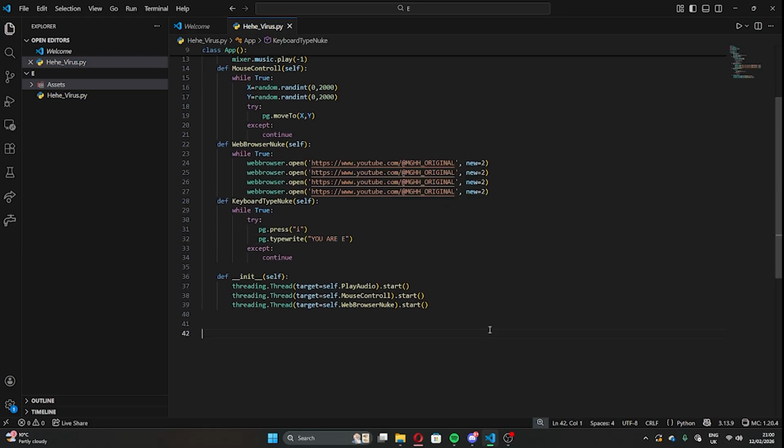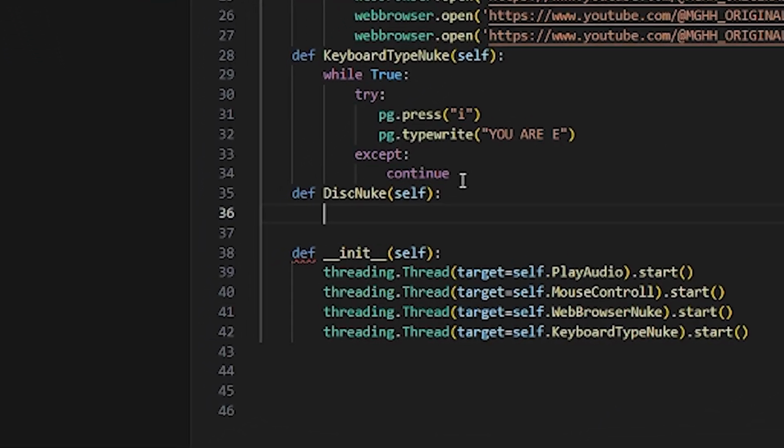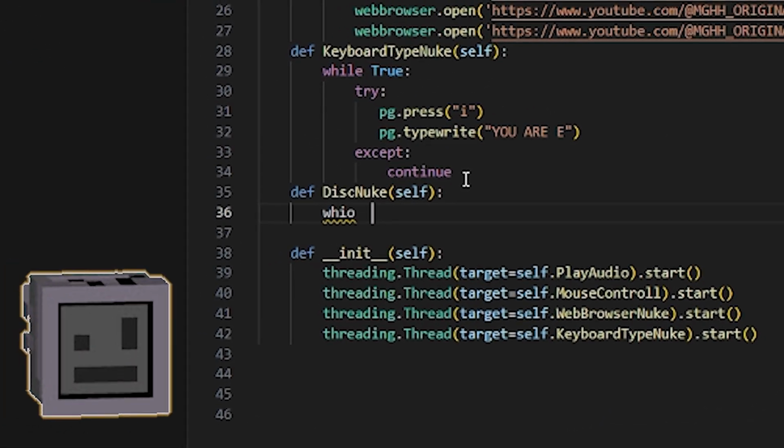There you go. Okay, so now, 10 minutes left. Okay, so keyboard nuke, got it. Okay, so now I need to import this. There we go. Okay, right now, final one, which is nuking disk. Okay, so disk nuke, and I'm going to put that as self. And then for the disk nuke, we are going to